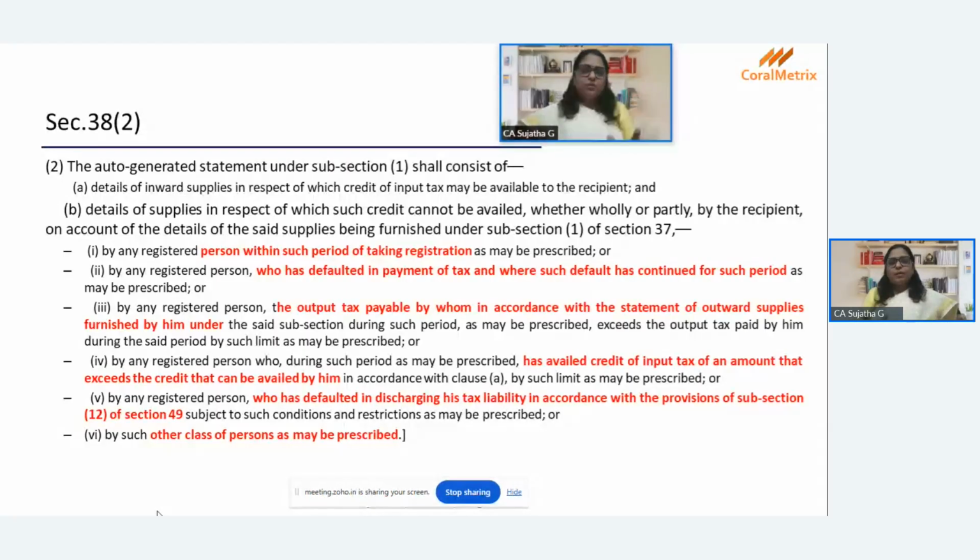So to sum it up, any input tax credit we may call seamless, but it is not seamless. It comes with a lot of hurdles, and any outward supply with GSTR 3B and filing of GSTR return, we may call easy, but it's not as easy as we think. It requires a lot of workings and due care. A lot of paperwork, documentation and reconciliation should be done before we upload the returns. So filing the correct return and availing the input tax credit correctly are the key for ensuring that we report the correct